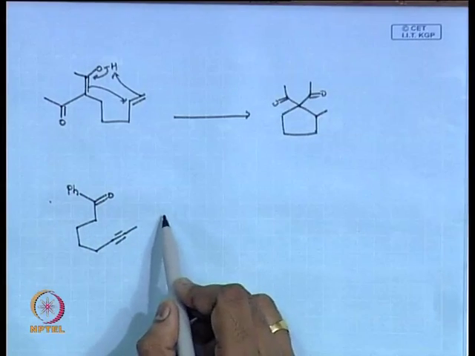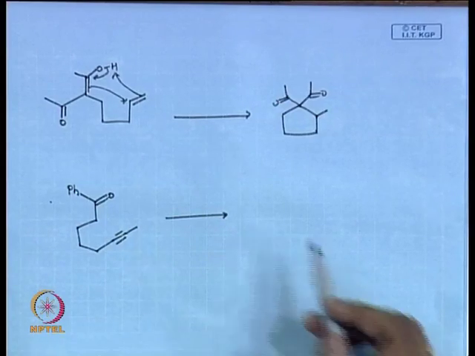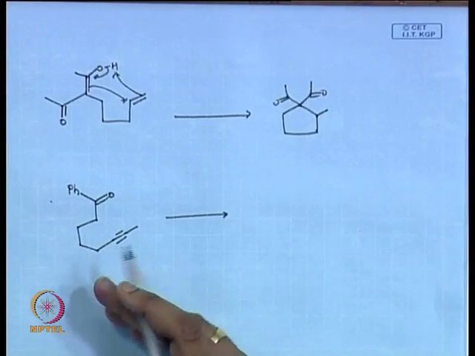So, this type of system, if you notice, you have an alkyne in this case. In the previous case we were talking about alkene systems. Okay, alkyne system. When you are talking about an alkyne system, when you make a cyclic member, you should think about whether the ring double bond goes outside or inside. So, if you think about this reaction,